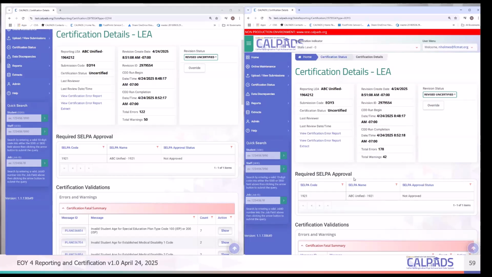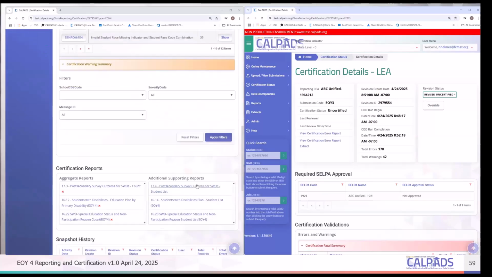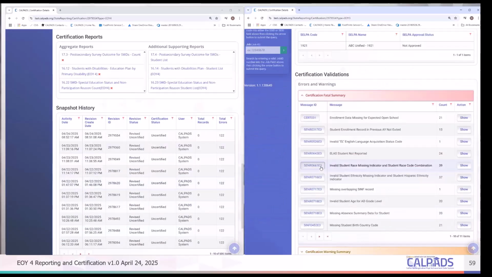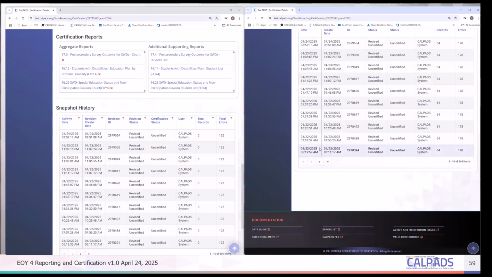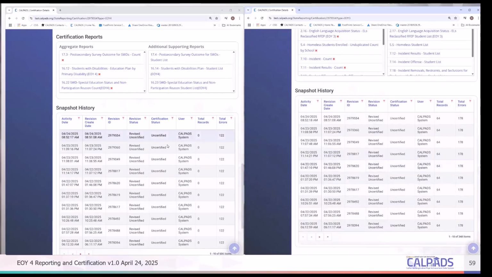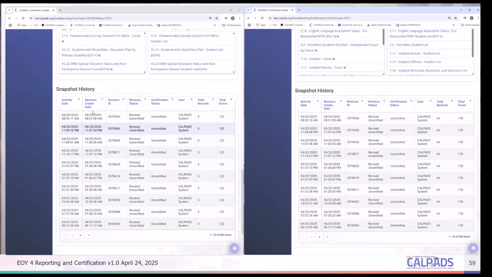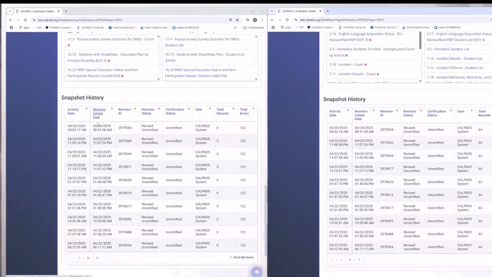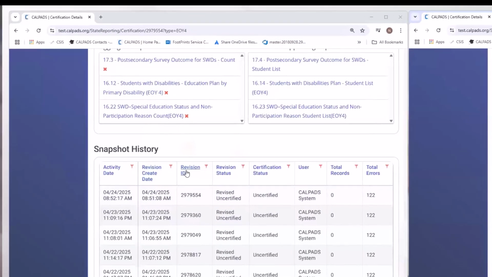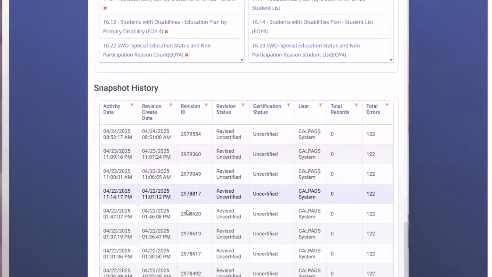Usually the last step for most people in end of year 3 is to exit all the enrollments. And so they're asking that you sync your certification. If you scroll to the very bottom, you have snapshot history, right? The revision create date and the revision ID are used to confirm the same snapshot.